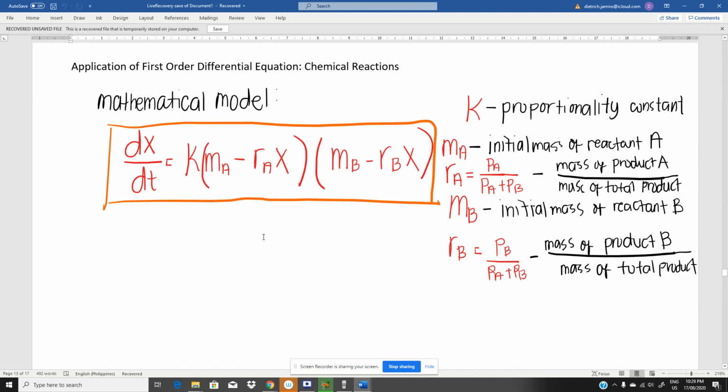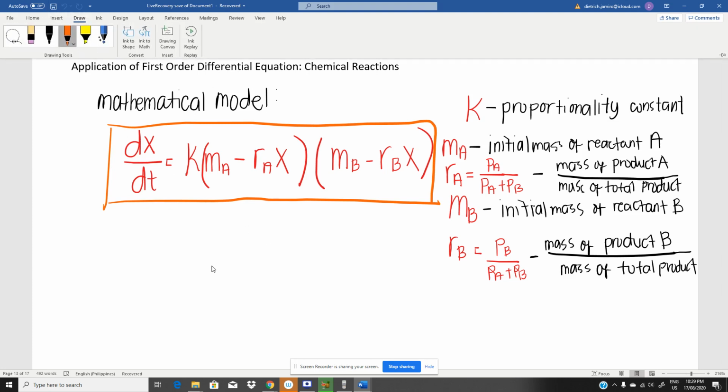So, our topic for today is all about the application of first order differential equations, specifically chemical reactions. The mathematical model for chemical reaction is given by this: dx over dt is equal to k multiplied by (Ma minus Ra x) quantity multiplied by